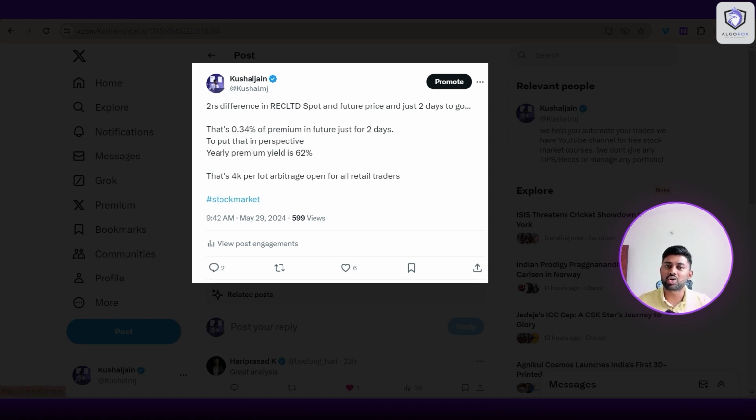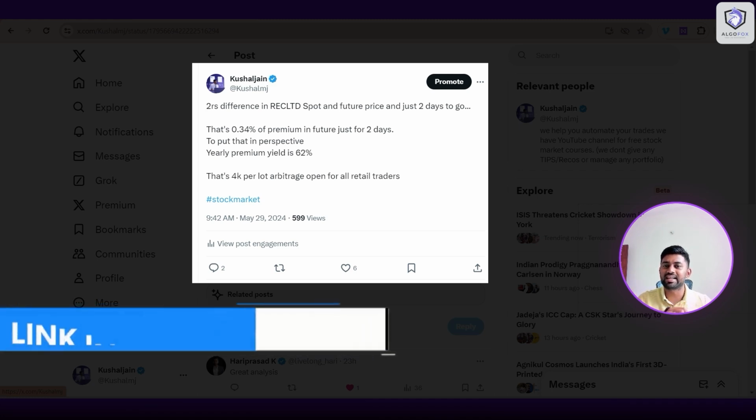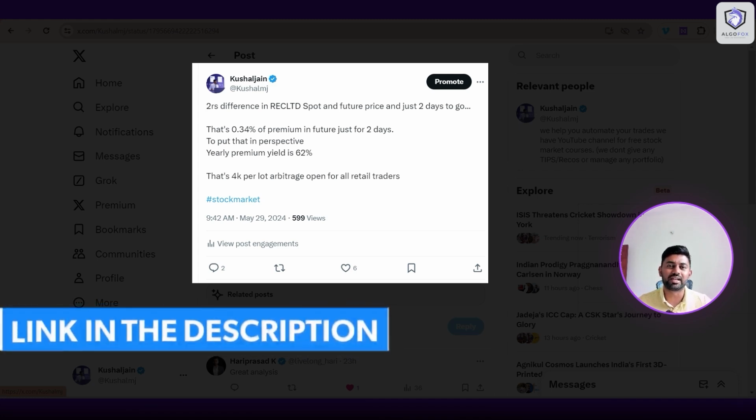Today is the last Thursday of May and today is the expiry day. Those who understand spot and future pricing know that on the day of expiry, eventually the spot price and future price will become equal. The risk-free rate of return in future price, that is the premium, will eventually become zero. If you're someone who does not understand what I'm trying to say, there is a detailed video tutorial on futures, its pricing and risk-free rate of return. Do check it out. I'll attach the link in the description. The course is completely free of cost.